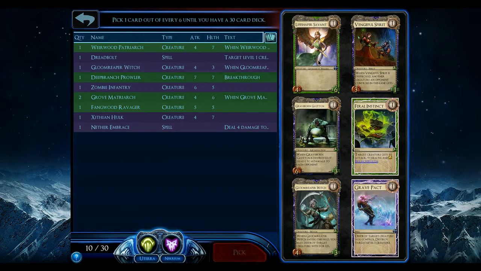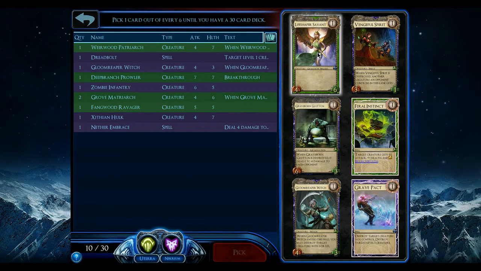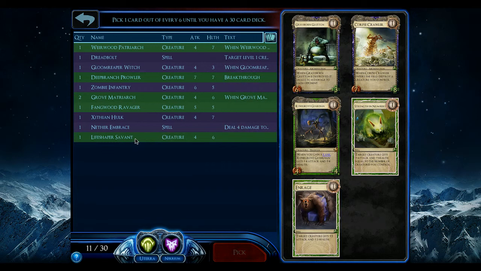Okay, Life Shaper Savant is one of the best Savants. Grave Pact is one of the spells that I was talking about with all of these multiple body creatures. However, I also really like Glutton. I'm not sure. I'm curious if Life Shaper Savant is worth it, despite having a relatively low Uterra count. Things are even enough for now. I'm going to go ahead and take the Savant just because it's that good. Glutton may have been the better pick here, but...